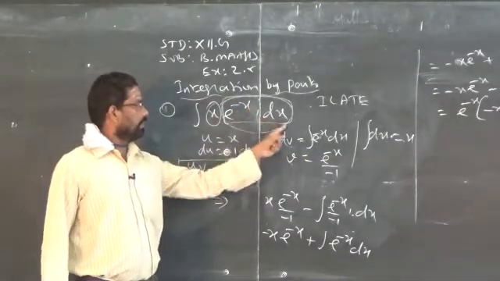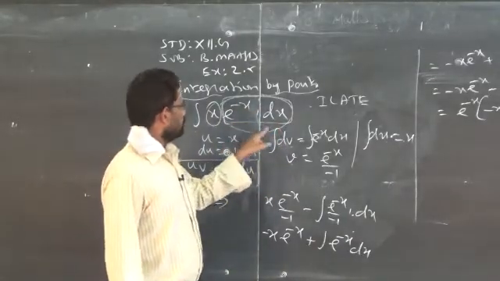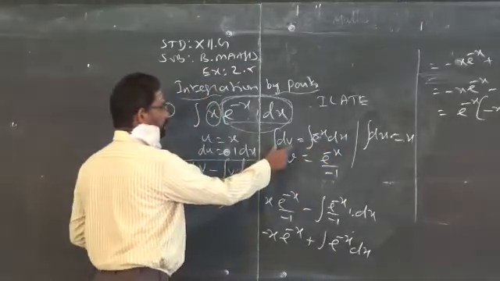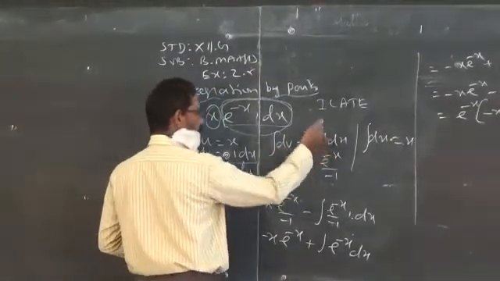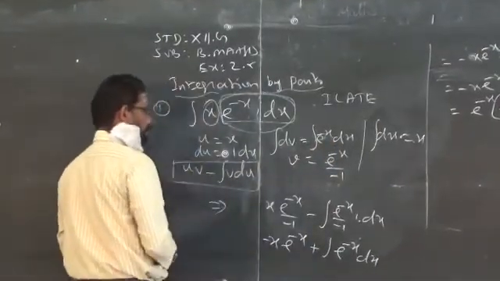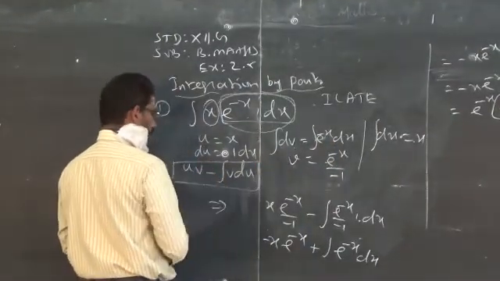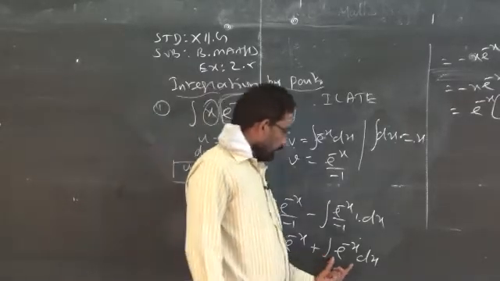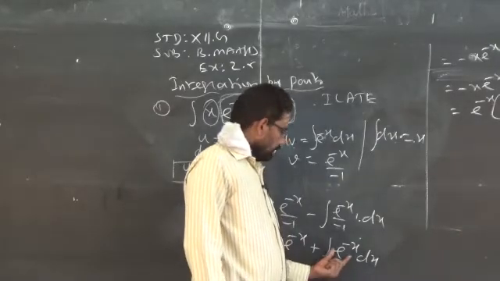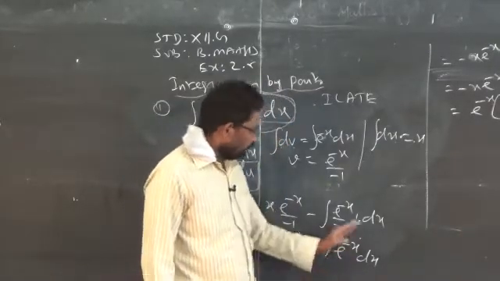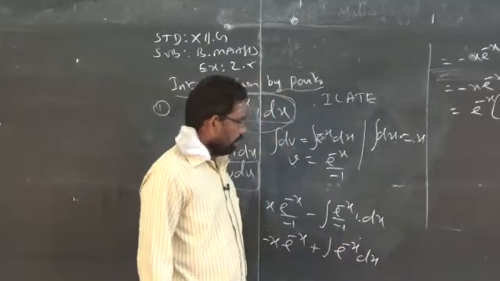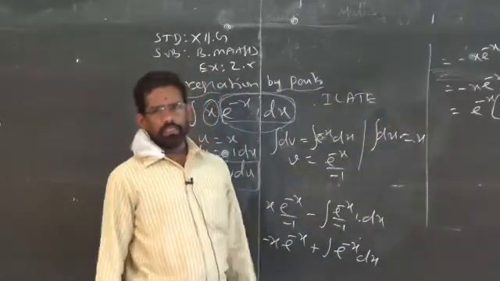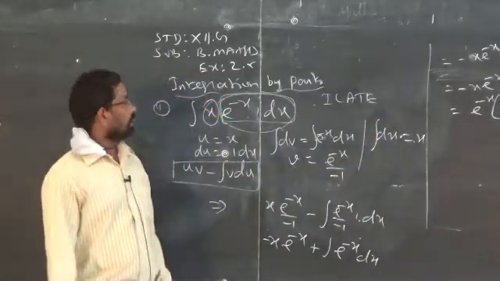This is the derivative format, therefore we consider dv is equal to integration of e power minus x into dx. So when you integrate dv, you will get v. You know the direct formula for integration of e power minus x. Then once you know u, du and v, you just have to substitute in this formula. Again you have an integrand. Here you need not apply integration by parts because there is only one factor. So we have the straight formula for e power minus x, that is e power minus x by minus 1. Simplify, you will get the answer. So this is the method to find integration by parts.